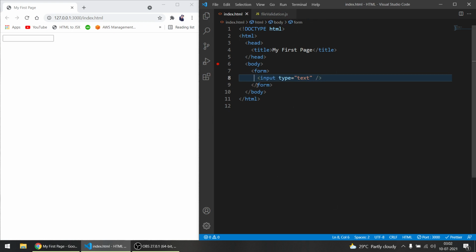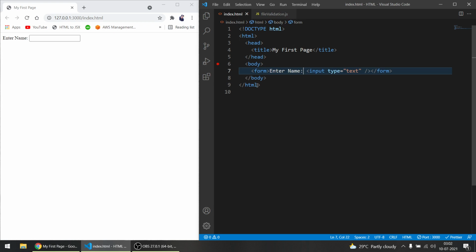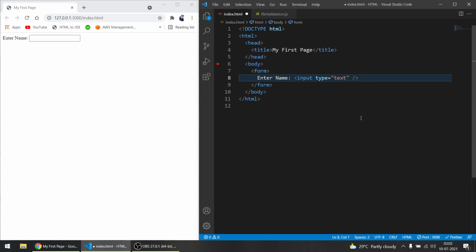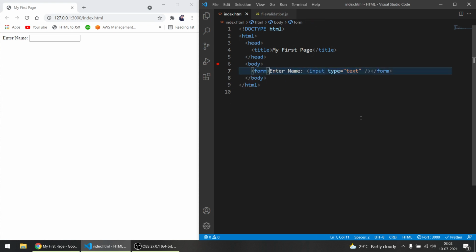But we want to tell the user, okay, enter your name. So it's a form and we are asking users to please provide their name. And let me just click it here, so it's much prettier. If I copy it again,